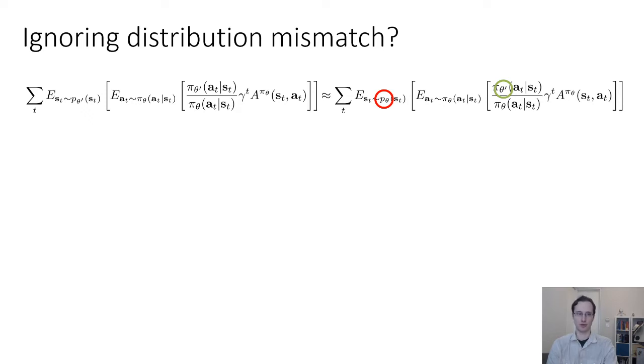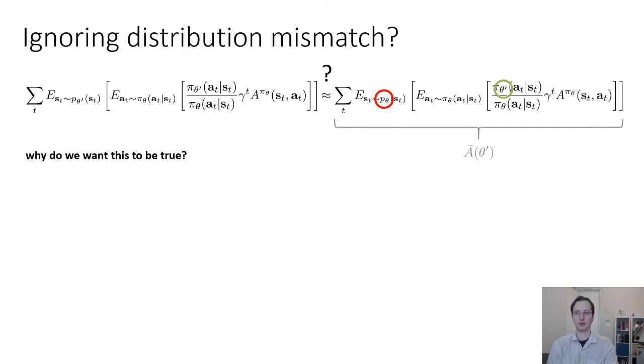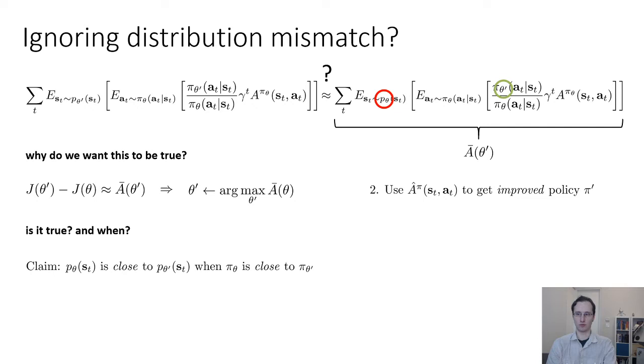Because we know from our previous policy gradient lecture that if we differentiate the thing on the right-hand side, we get exactly the policy gradient. So we want this to be true so that J theta prime minus J theta is well approximated by A bar theta prime, this thing on the right-hand side, so that we could just maximize A bar and get a better new policy. And what we're going to try to show is that p theta of st is close to